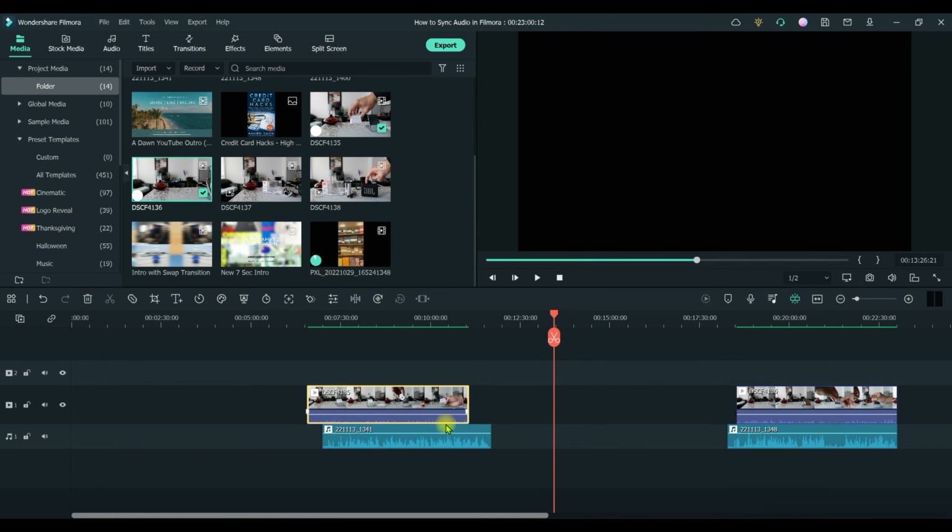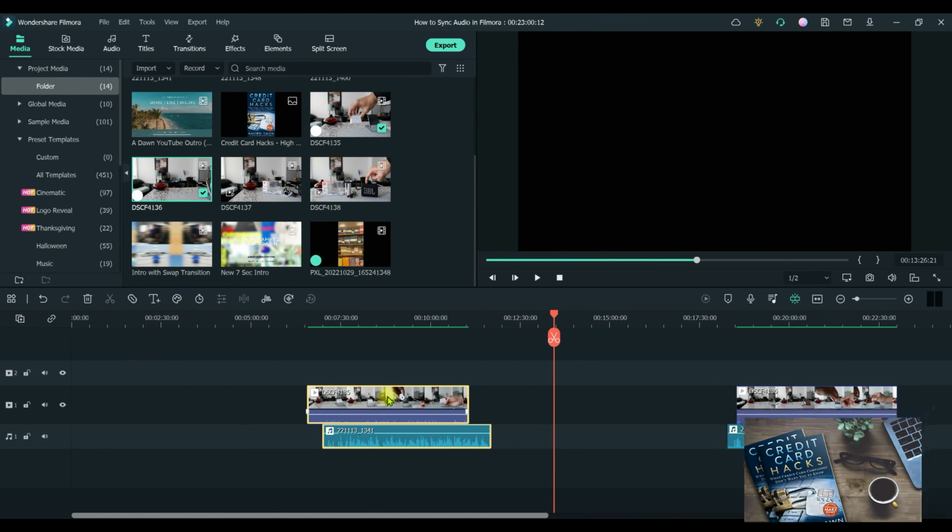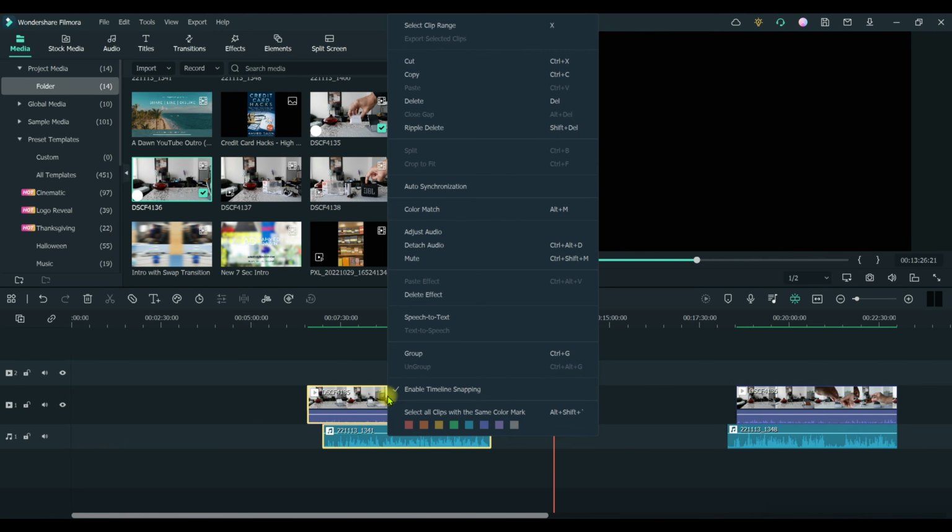So in order to sync the audio, you have to highlight both of them. You can do it either by highlighting this way with your mouse, or you can click on the first one, hold Control, and then click on the second one, and that's going to highlight both. Then right click anywhere within these two. Here you're going to see an option called audio synchronization. So if you click on here,